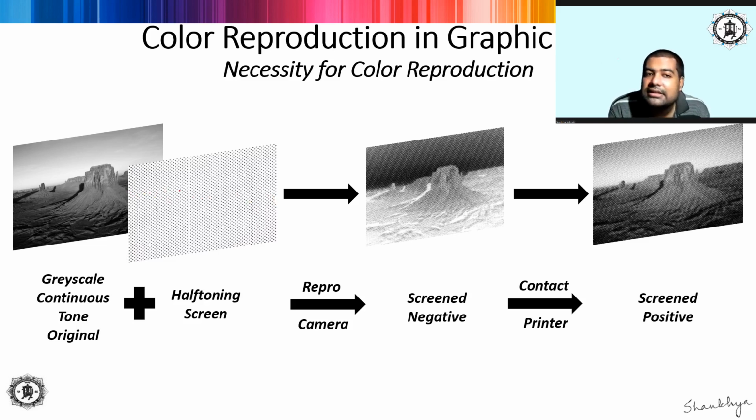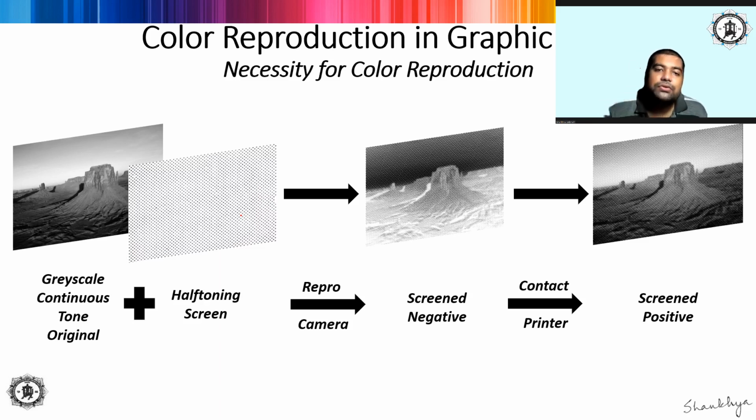The moment it reaches the half-tone screen, some amount of light is blocked and some amount is allowed to pass. So the image that we will get in the transparency will also appear to have that vignette pattern. You already know the chessboard or vignette pattern that I have talked about in the previous classes also, in the half-tone production class. So the entire image is going to get discretized into small components, which are basically known as the half-tone dots.